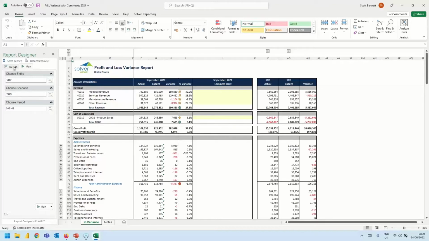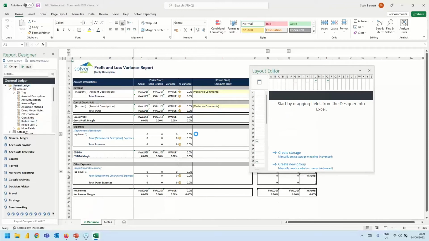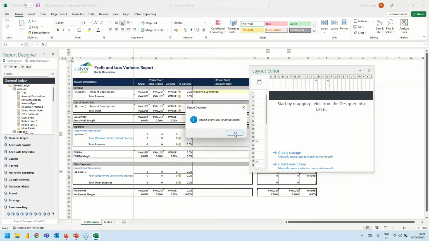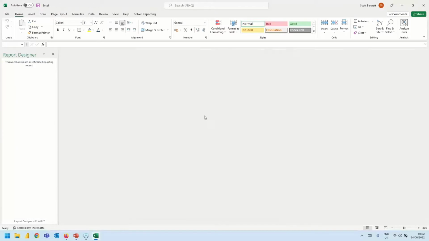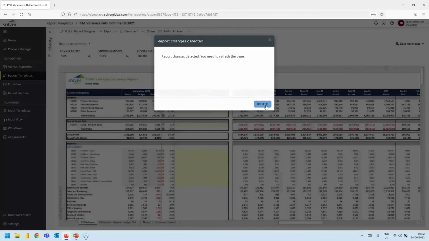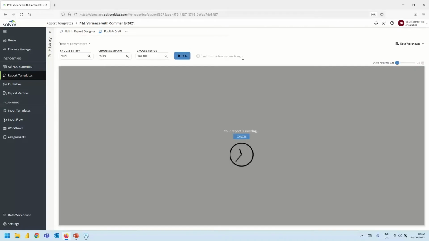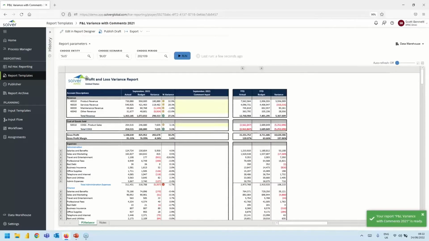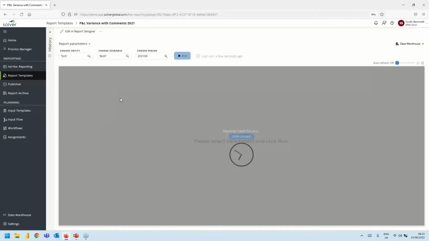So now all I need to do is go back into my Design tab, hit Save, and you'll notice straight away it's told me that that's been uploaded. So if I close out of Excel now, you'll notice that in the Solver web environment, it has instantly detected those changes. So all I need to do is refresh my report, run my report, and any changes that I made when I was in the design tool will now be available to me in Solver. And you'll all recall that all I did was change the color of the header just to illustrate how easy it was to get a change back up into the web environment. So now I can just publish the draft,